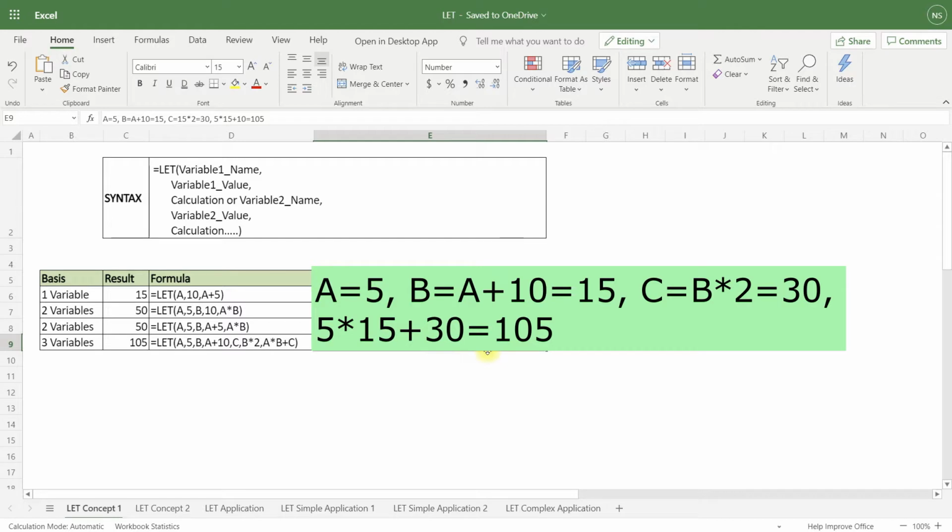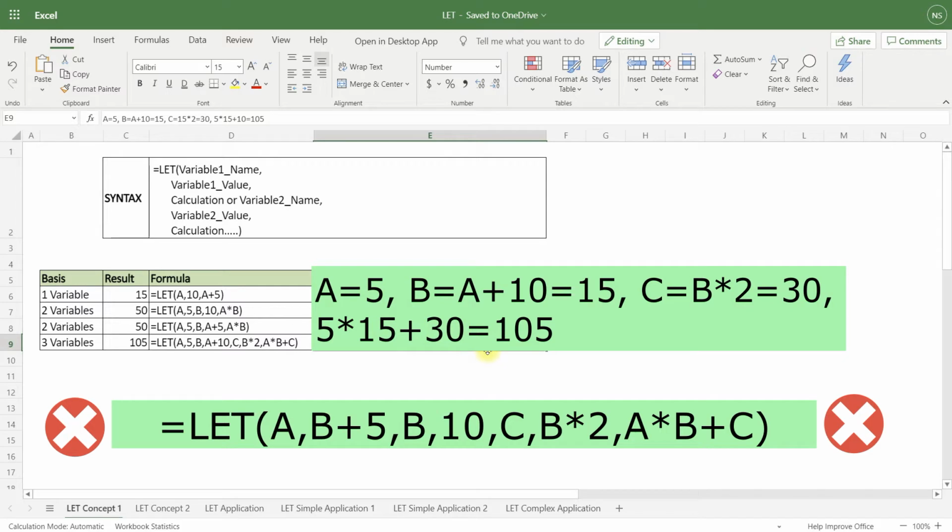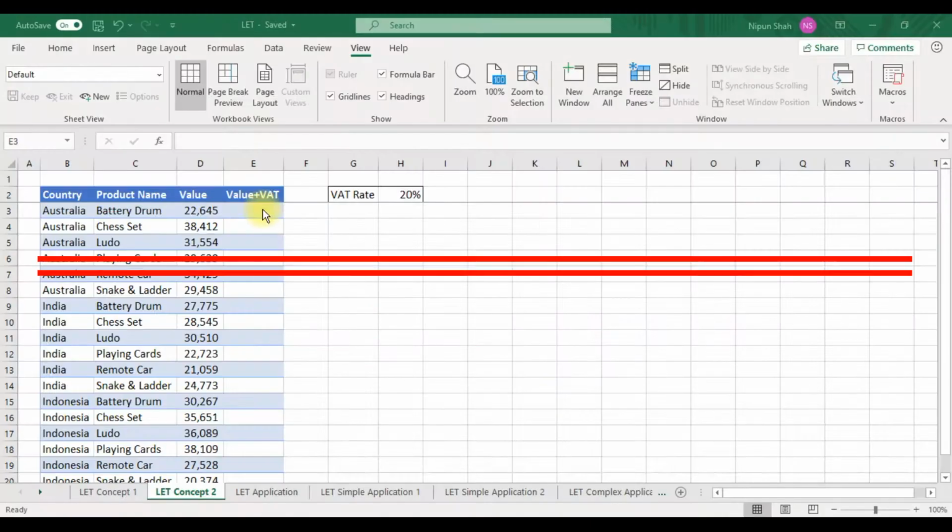Guys, the point to be noted is that if you are using one variable for defining the value for the second variable, please make sure that the value of variable 1 has been defined ahead of variable b. Here you can see that I have defined the value of variable b as a plus 10, but for doing that a must have been defined ahead of b. For example, if I had defined a as b plus 5 without defining b, I would get the name error as the value of b is not defined while using the variable b as the value of variable a.